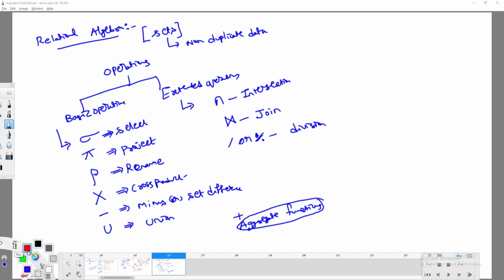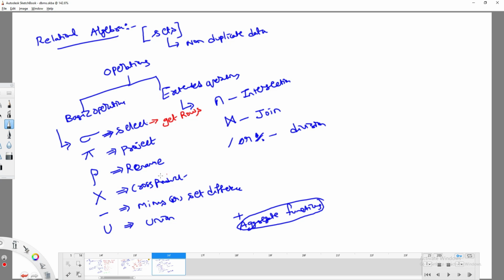The advantage of the select operation is, if you would like to get the data from the table, from the relation, I can use an operation called select. For example, I want to get the student details whose ID number is 1. In that situation, I can use the select operation. So what is it going to get? It is going to get rows. So if I want to get the rows from the table, I can use select.